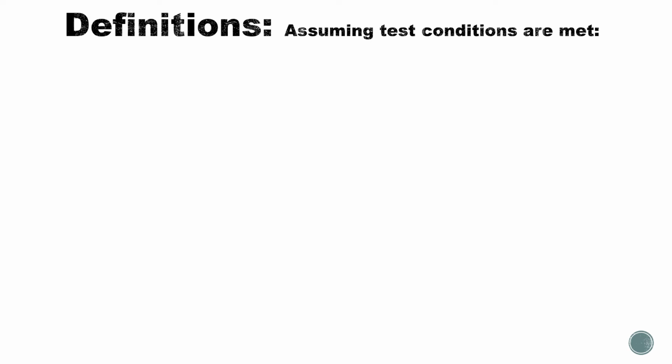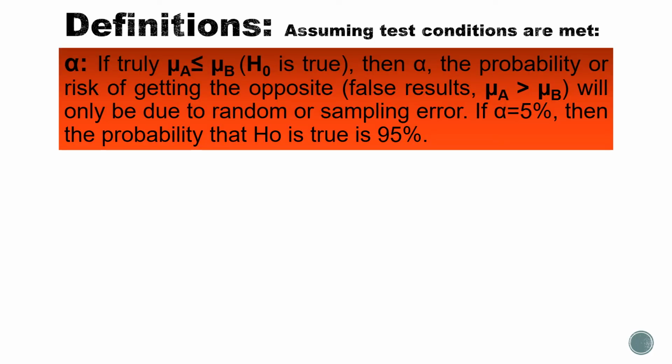To back all that I've said, especially for those who like reading, I've decided to put down some definitions. So assuming that all the test conditions were met, in this case it was t-test. That's to say there are different kinds of tests. When we are comparing percentages or proportions, we could use chi-square test, we have Fisher test, we have z-test, then we have t-test. There are so many kinds of statistical tests. But I decided to use mean just to explain